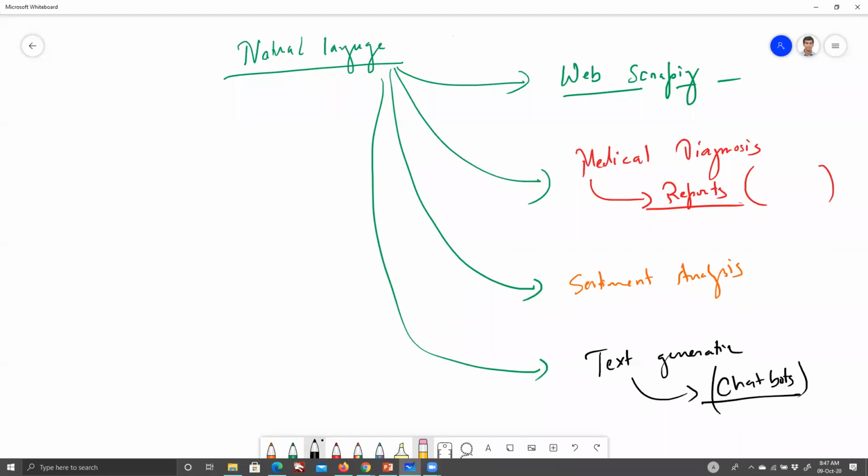Okay. One question: this text generation is using NLG, the natural language generation. Is that part of that? Yeah, I'm just talking about natural language. What are the use cases over there? So there could be NLU, NLG as well. Natural language understanding is one thing, natural language generation is one thing. But again, they all happen to be use cases of natural language itself. Okay, all right. So what would be a good example of text generation?